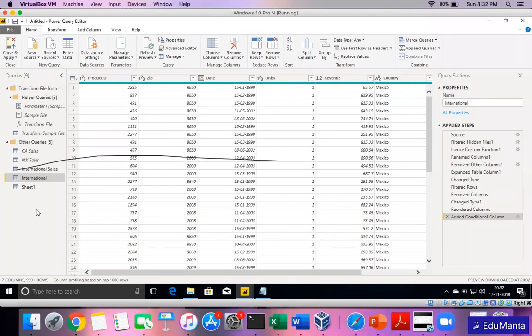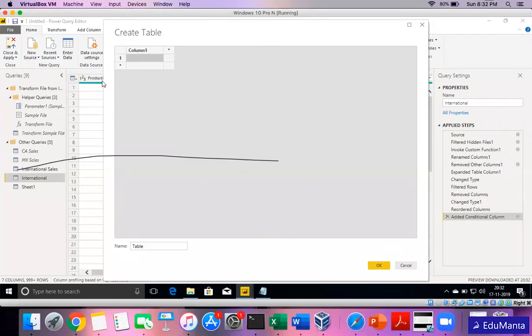Another simple and very powerful option that Power BI provides is enter data. Sometimes we need a static table, a very small table which will just have a code and maybe a mapping to the description. I can just type it out here. I'll say enter data. This is what happens: a create table dialog. Suppose this is my code mapping table. And here I need two columns: one is code, one is description.